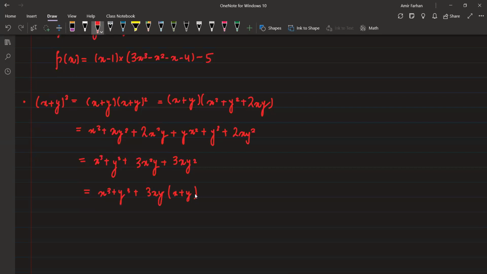Sir, I don't understand the 3xy, x plus y part. देखो आप यहाँ से क्या करो, x और y को देखो, x स्क्वायर y है, यहाँ पे x y स्क्वायर है, तो आप यहाँ से दोनों में से एक x कॉमन ले सकते हो, 3 तो कॉमन ले आप। ठीक है, फिर आप यहाँ से y देखो और यहाँ पे y स्क्वायर देखो, आप दोनों में से एक y कॉमन ले सकते हो, तो अंदर क्या बचेगा, यहाँ पे x स्क्वायर था क्योंकि आपने एक ही x तो बाहर लिया, तो अंदर x बचा आपका। यहाँ y स्क्वायर था, आपने एक ही y तो लिया, यहाँ पे आपका y बचेगा, प्लस साइन एज इट इज रहेगा ये।